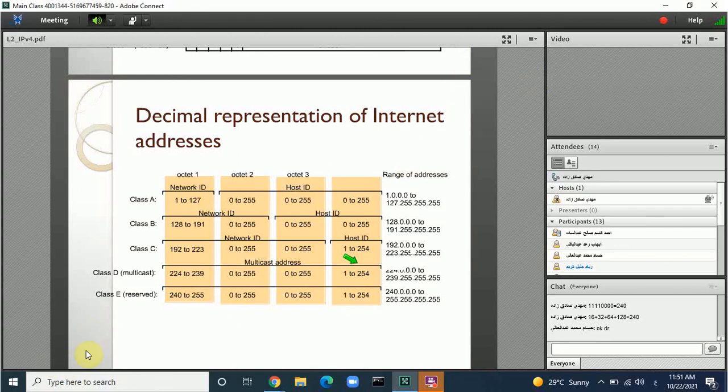And class E starts with 1111 and ends with 1111, that is 255. But here the last octet is between 1 and 254, because 0 is for the network in octet 4 and 255 is for the broadcast here. Okay,